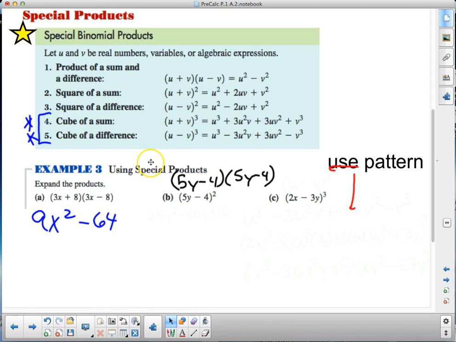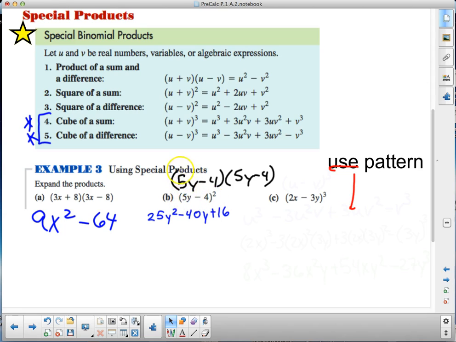Now, did I have to use that pattern? Nope, I didn't. I could have done first, outside, inside, last, and gotten it done. I can do the same thing here on this one. But because I'm using the special products, I have the square of the difference, I know it's going to be 5y minus 4,